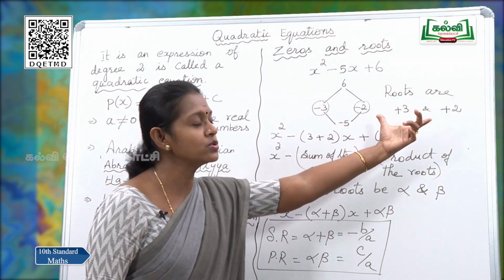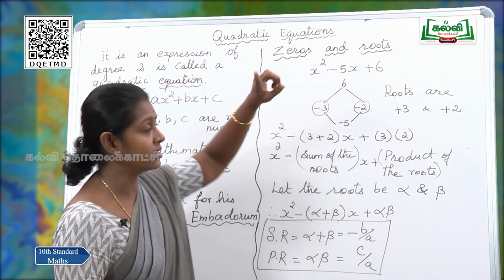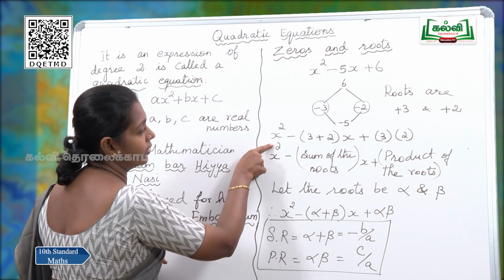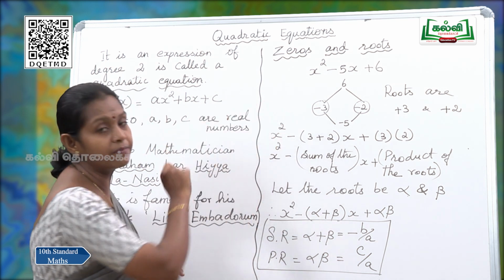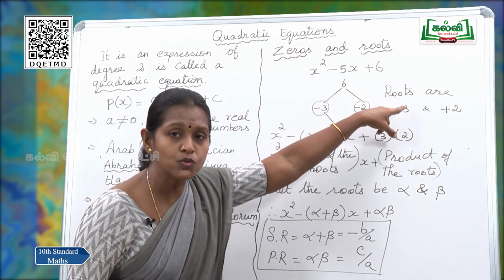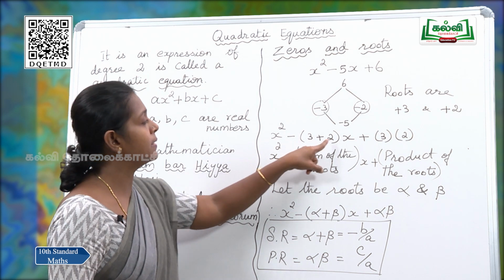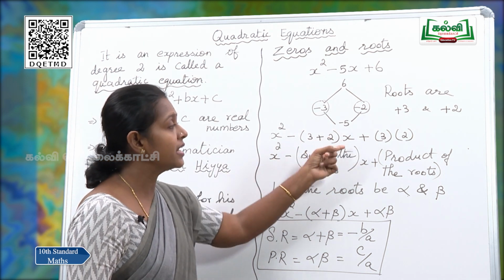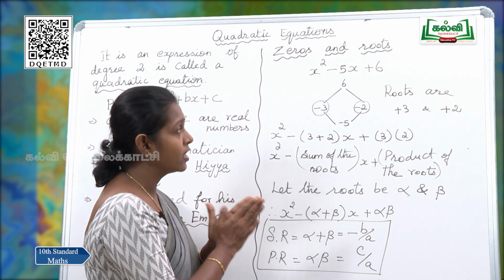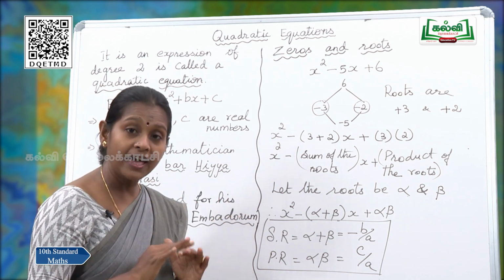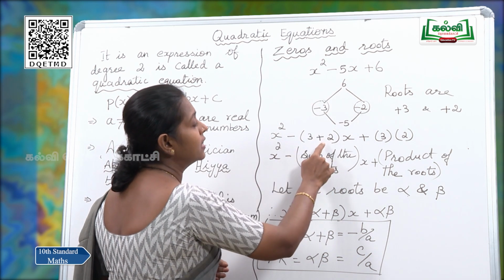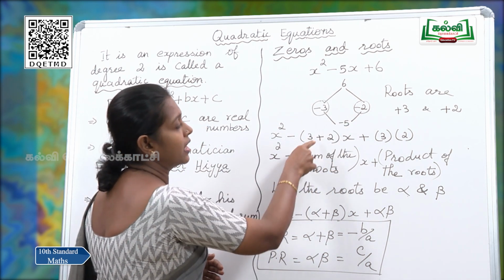Okay. How can I use these roots to make the equation? Listen, x squared minus 5x plus 6. How can I write this? X squared minus, this 5 can be split as 3 plus 2. That means in terms of roots, x squared minus (3 plus 2) of x plus 3 into 2. That is what we did in the previous step also. When you multiply, you get the last term. When you add, according to the sign, you get the coefficient of x. That is what I applied here.